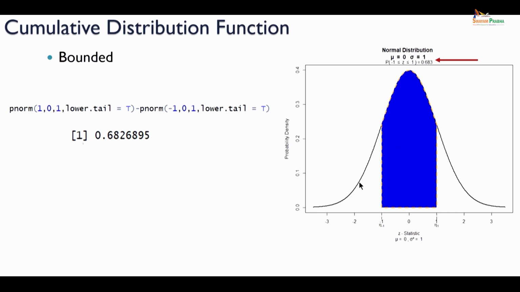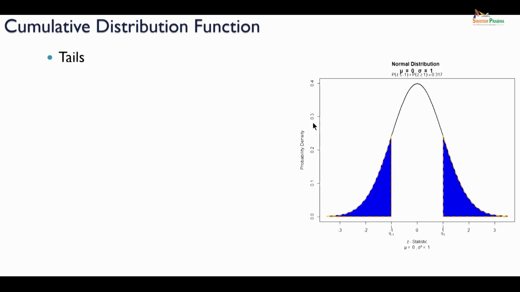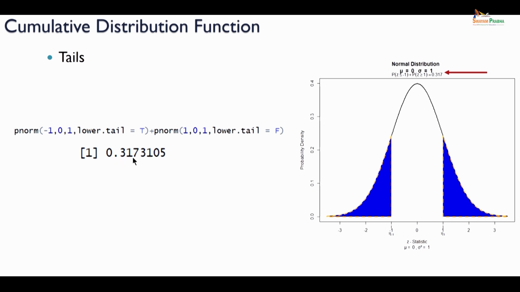Now, if I am interested in finding out the area of the tails, I have to give a similar function, but there is just a small catch, because in one part of the function in pnorm, I gave lower.tail equal to TRUE, and in another part I say lower.tail is equal to FALSE, and wherever I am saying FALSE I am giving a start value of 1. So, this is the small catch. If you run the command you will see a value of 0.3173 being displayed in your console, and that is the value that gets displayed on top of the plot.